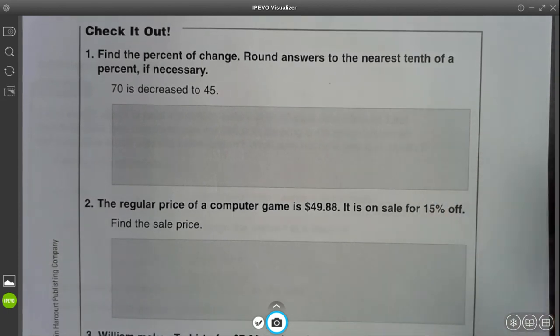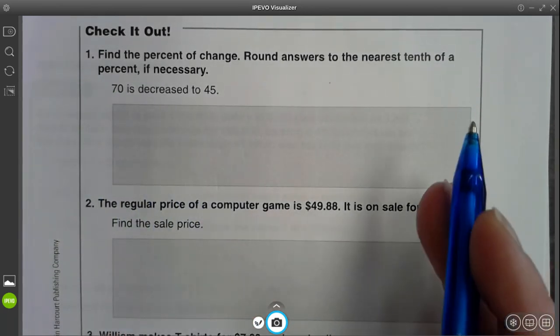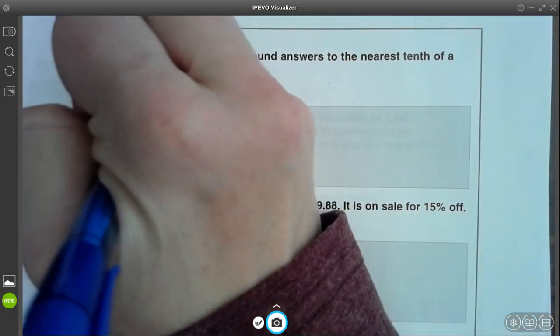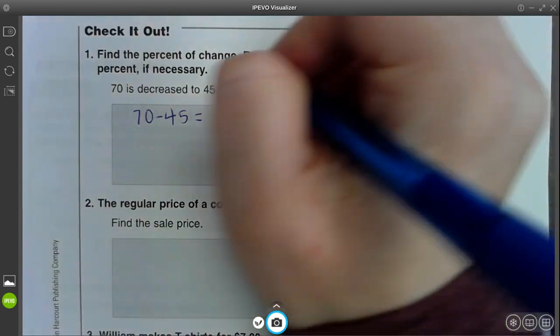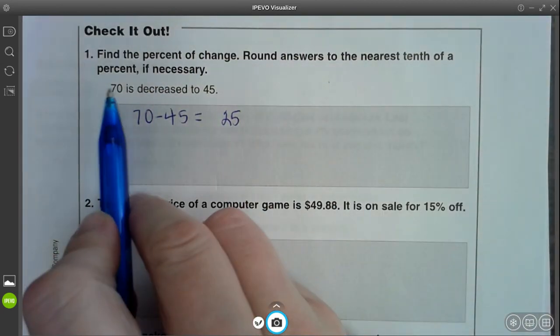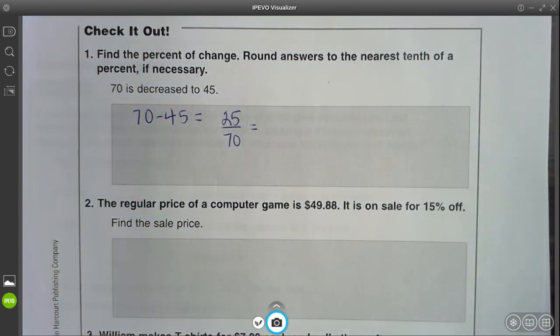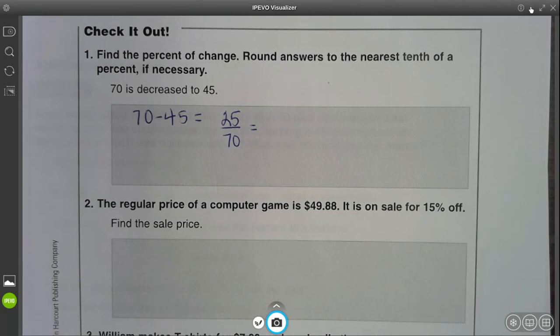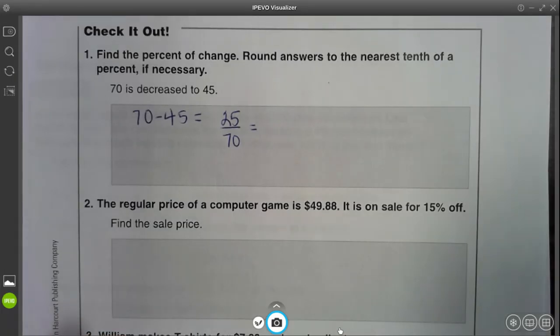Okay, here we have find a percent of change. So 70 decreased to 45. The two steps in that is, first of all, subtract the numbers. So if I subtract those numbers, I get 25. After that, the second step is to divide by the original amount, which in this case was 70. Okay, so if I look at my calculator here, we're going to do 25 divided by 70, and we get this big long decimal,